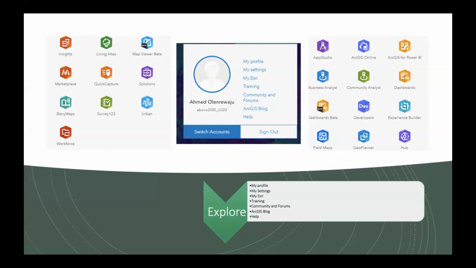That's quite encouraging. So now that you have the account, and like Temitope has told us, it's a very big tool. You can see these are various tools. We've got Insight, Living Atlas, Map Viewer, Survey 123, a lot of apps. So we will concern ourselves for this exercise with how to go from data collection to putting our data on the dashboard and sharing the insight, sharing stories from our data.